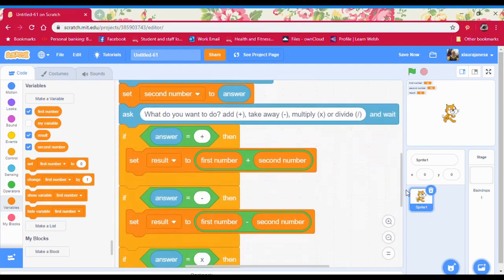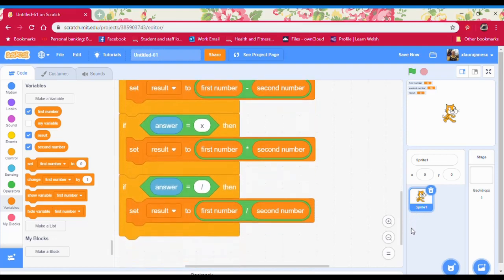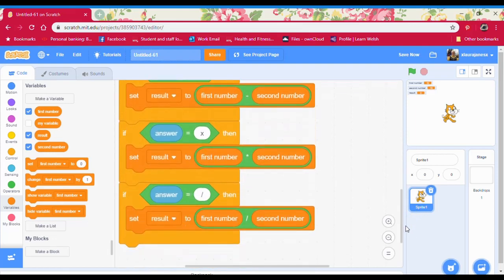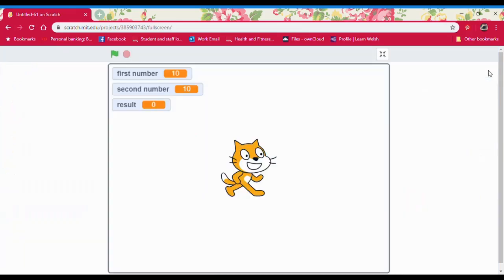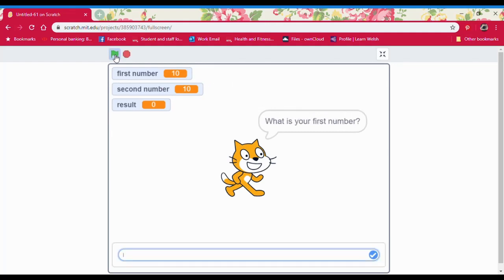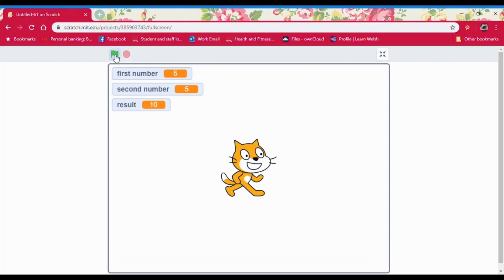So I've done all my sums, answer equals plus, minus, multiply and divide. So I'm just going to test that again. So as you can see, the result is also on the screen. So at the moment, that's what I can use to check my program is working. So hello, I'm a talking calculator. Press space to start. What is my first number? So I'm going to put 5 in this time. Second number 5, and I want to add, so I'm going to type the add,